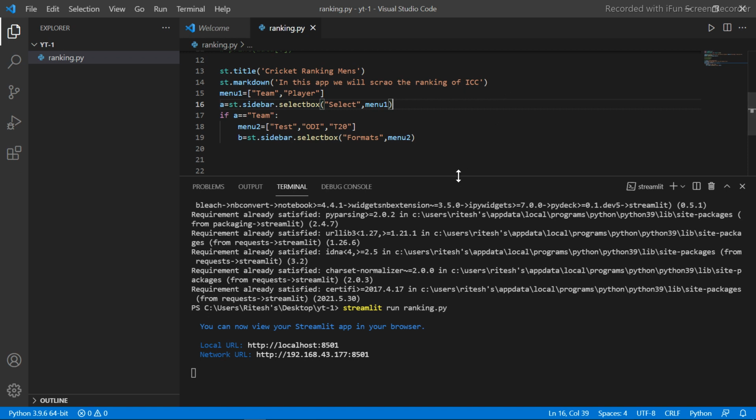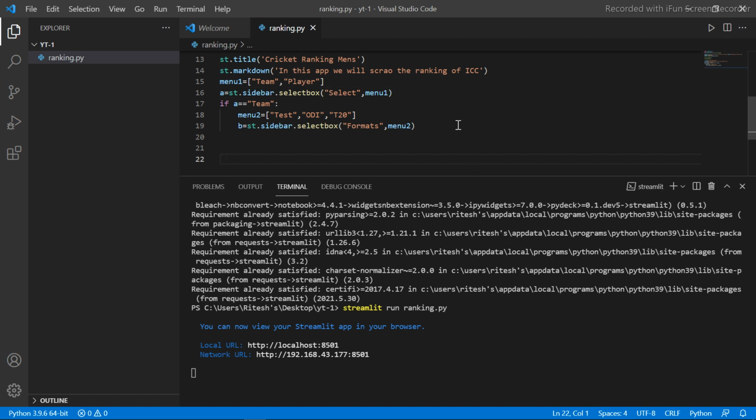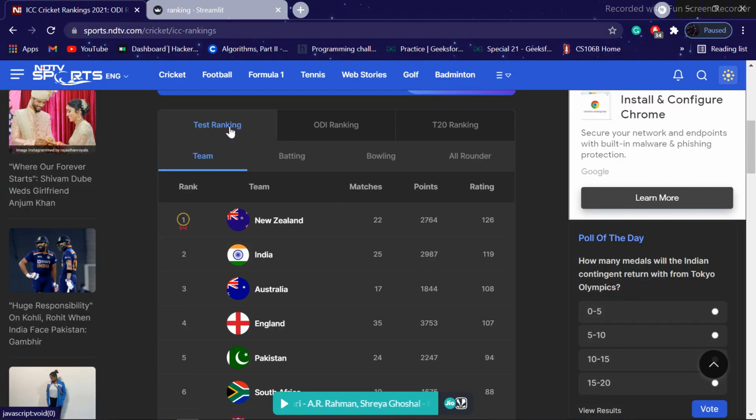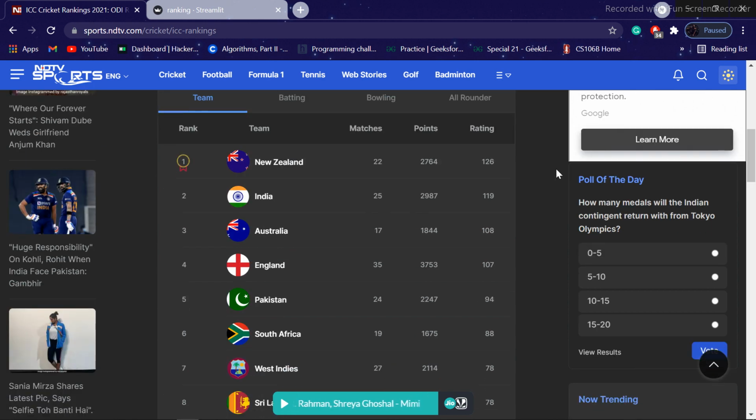If b is equal to Test, we want to see the ranking of Test.